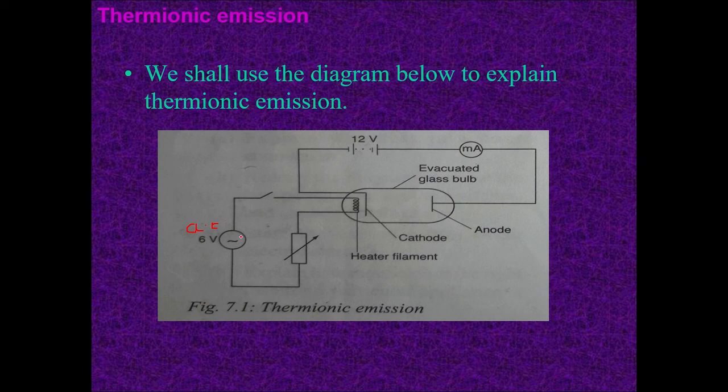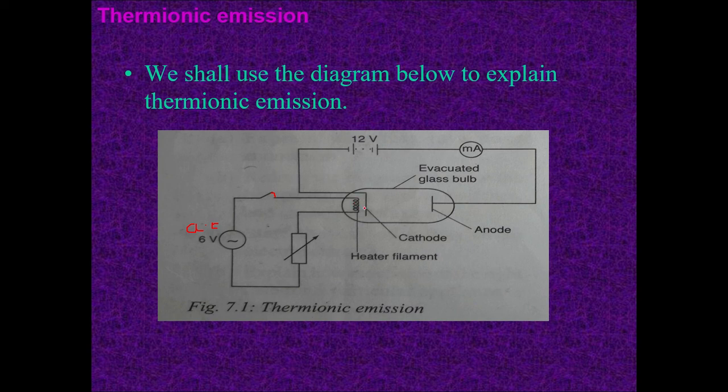So let's come to the circuit that has the AC source, which has a voltage of 6 volts. We find that the moment this switch is closed, there shall be flow of electrons, and basically it's just flow of current. As it flows, there's a heater filament here, and we know that there's a heating effect when current flows through material. So as it flows through this material, there's a heating effect that is caused, and that heating effect directly